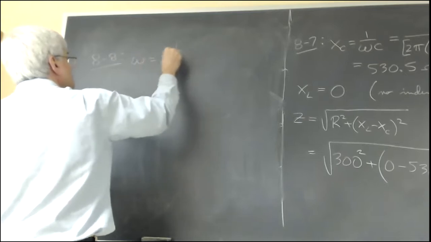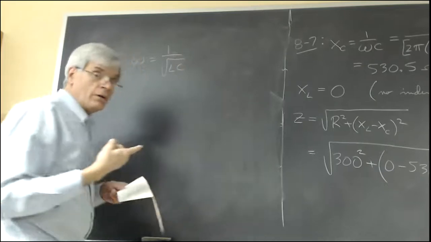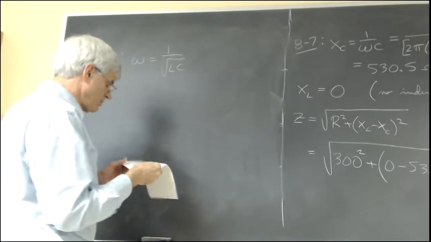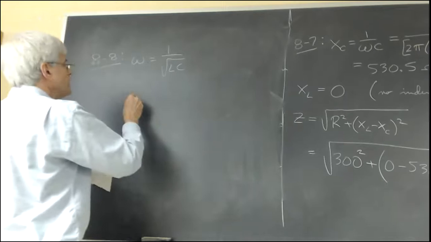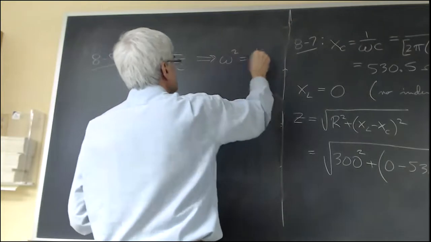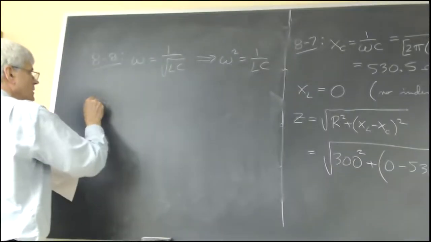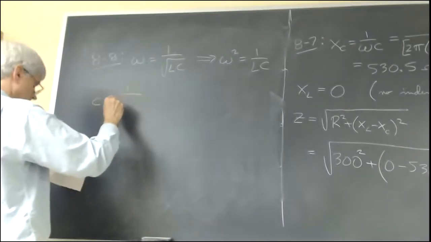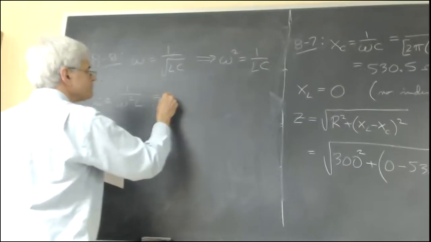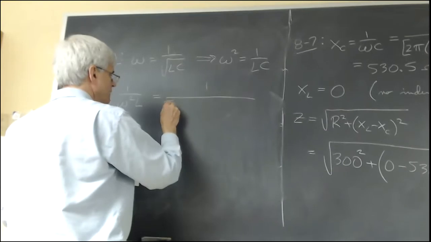Omega equals 1 over the square root of LC. I want to solve for C. So I could put in the numbers and then do the algebra, but I'm going to do the algebra first and then put in the numbers. Square both sides. And then you cross multiply so that C equals 1 over omega squared L. Omega is 2 pi f. So 2 pi,